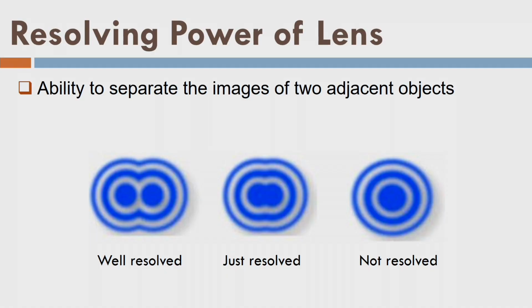Now resolving power. Okay, what is the resolving power? In general we can say if there are two objects like this, side by side, let us say one is my hand, one is my mobile camera, and if I take the photograph, and in the photograph these two objects are looking separate, that means they are appearing as distinct objects, I will say that the camera is able to resolve the distance between this object and this object. So let us say this is the distance shown by my finger between the two. So this distance is resolved by the camera.